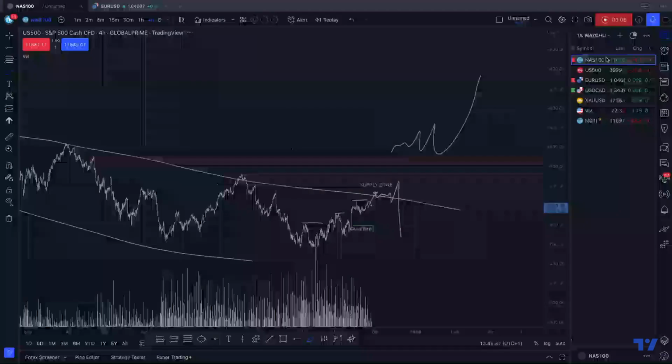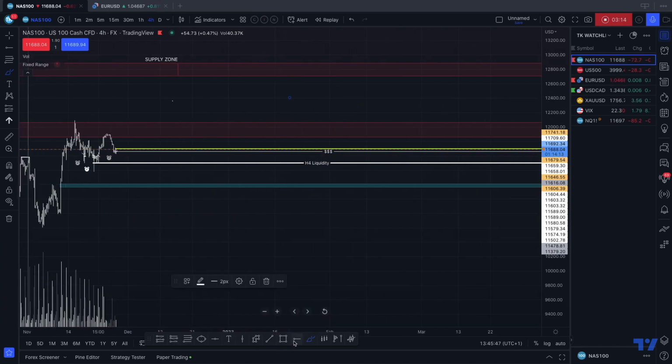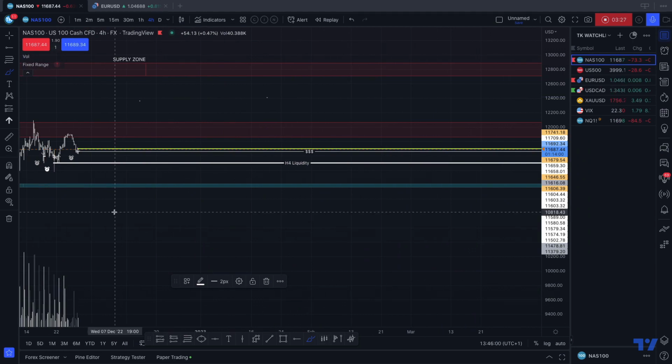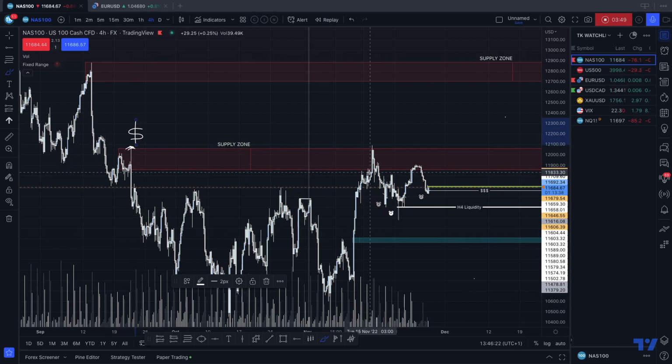What about NASDAQ? Things are pretty much the same. Last week, I told you that we are going to wait for this supply zone to be broken, and that's what did not happen last week. Vice versa, price grabbed the liquidity, this one. When you see a huge tail, a huge wick here, this is all liquidity that needs to be taken, and that's what price did. Grabbed the liquidity,